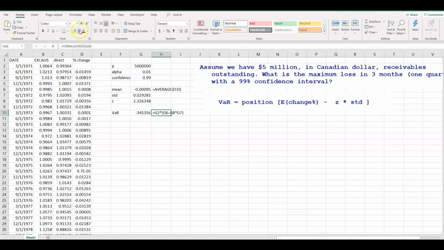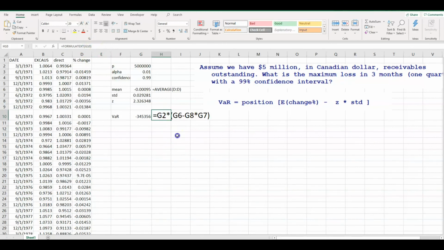The formula is exactly according to this formula. Position is G2, 5 million, expected value. If we don't have expected percentage, we use the mean, minus Z value. When alpha is 1%, confidence is 99%, Z value is 2.32, and standard deviation of